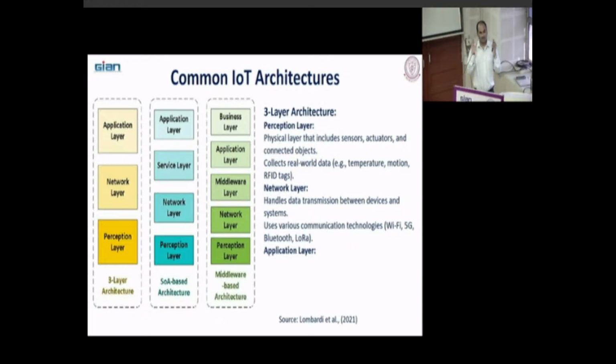Application layer, once the cloud analyzes and processes that data, then it provides. The application layer means the software layer, where IoT services are implemented, providing user interaction, data visualization, and automation. So as I said, whatever application you have on your smartphone, smartwatch, or smart car, you can see some dashboard or whatever command you have given. On that basis you can see the visualization in your application. So that's your 3-layer architecture.